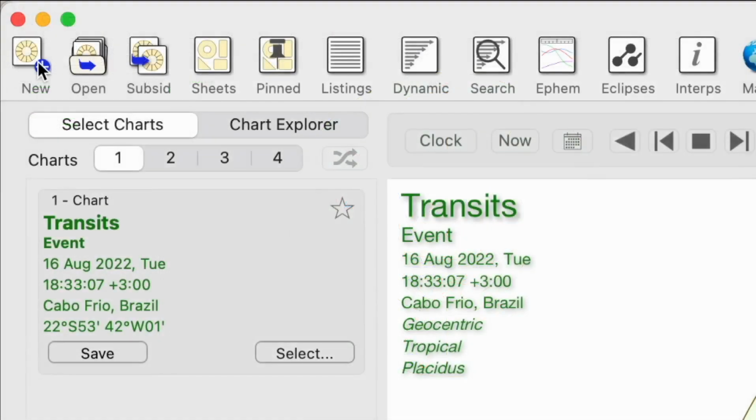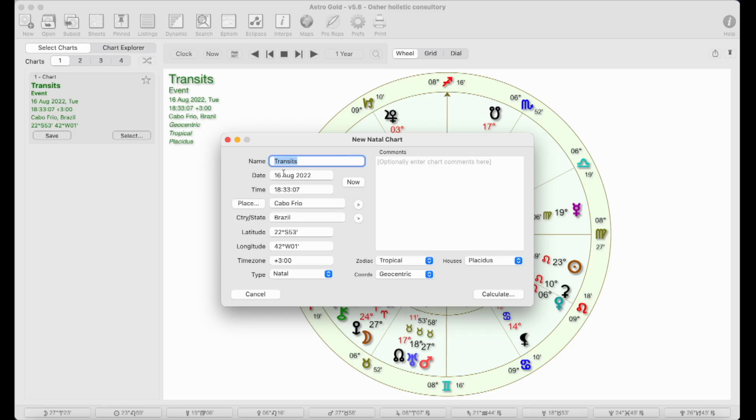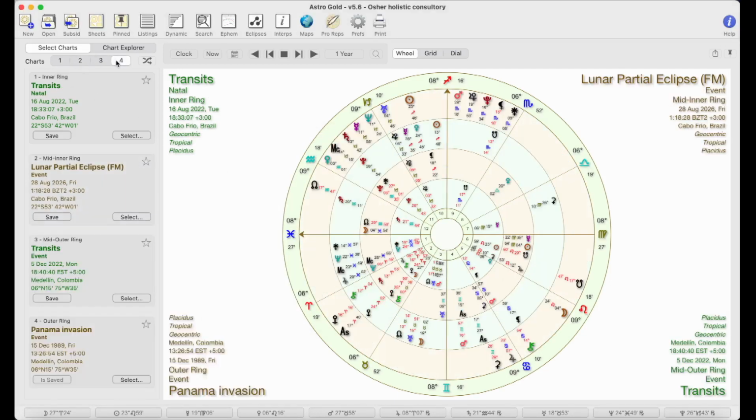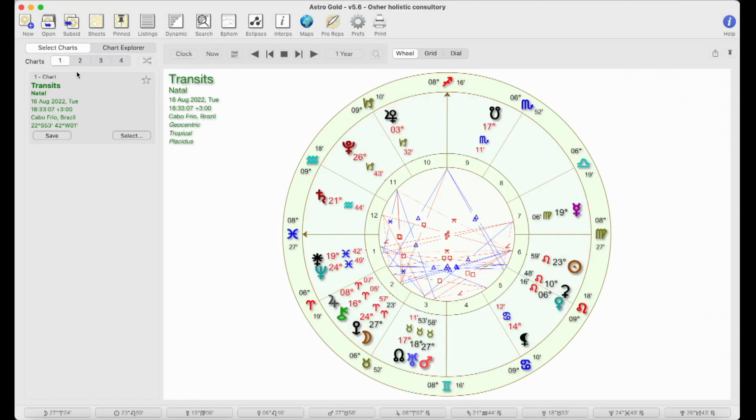Let's quickly scan the menu from left to right. Here is the New, where you are going to put the data of anything: location, timing, and name of the thing that you are going to measure. Then you will click calculate, and usually you will select chart 1 to see it as the center. Those are 4 charts that we can build one on each other once you start reading transits to compare